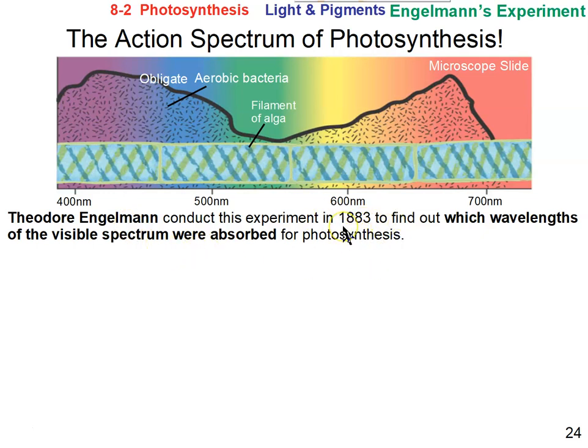So notice in our study of the history of the discovery of the components and functioning of photosynthesis, we've spanned about 200 years. What he did was this experiment which looked at the rate of photosynthesis, or measured the rate of photosynthesis along the visible spectrum. So this measurement here from 400 nanometers to 700 nanometers is the visible spectrum, from the violet end to